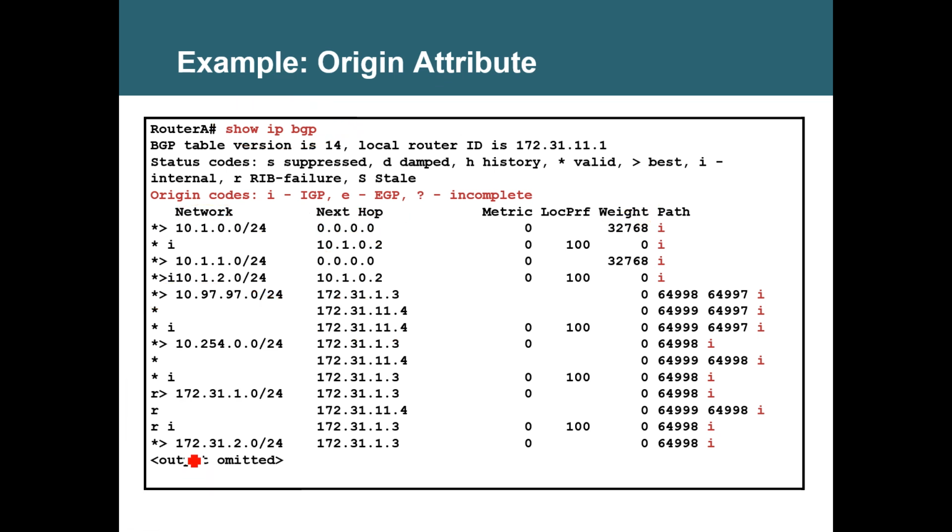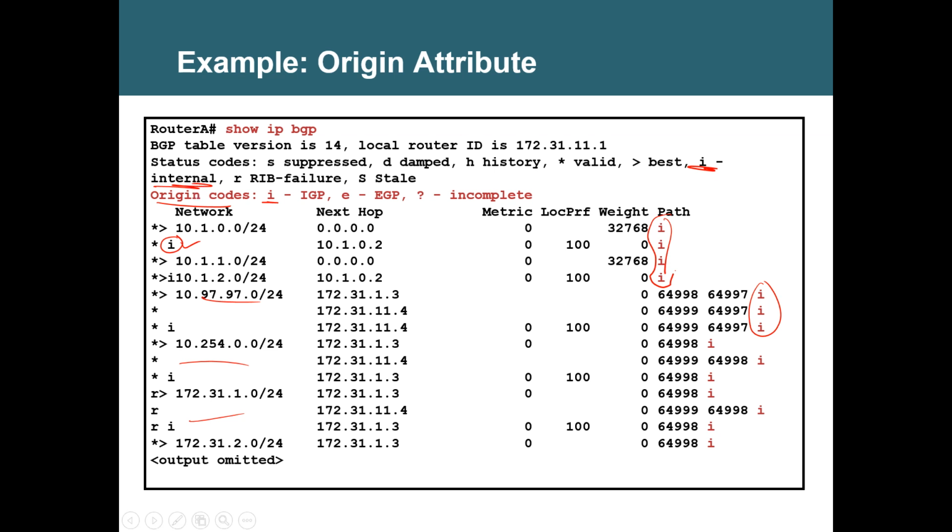Now, this is the origin code. Origin code means how it is introduced. These networks are advertised, not learned here because somewhere someone redistributed. What else did we learn? What about this I? This I means internal. See, there are two I's.